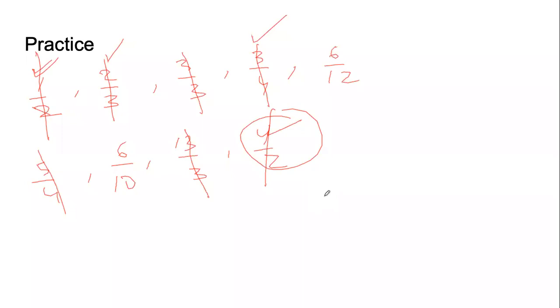We need to know this because how we add and how we subtract depends on whether the fractions that we will add or subtract are like or unlike. So identifying like and unlike fractions is necessary. Let us move on.